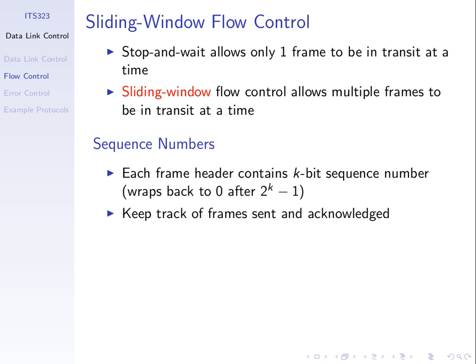Sliding window flow control. The idea of flow control in general, with stop and wait, is to make sure our sender doesn't send too fast. The sender sends packets or frames to the receiver. The receiver has a limited amount of buffer to receive those frames. If the buffer overflows, then we'll lose packets, which is bad. So what we do is that the sender limits the rate at which it sends such that it doesn't overflow